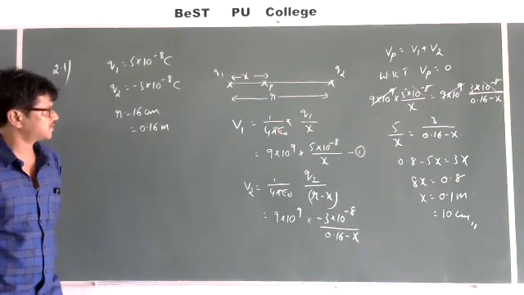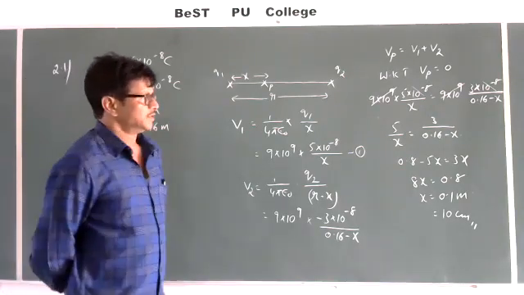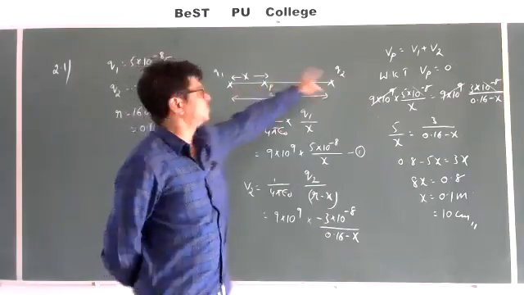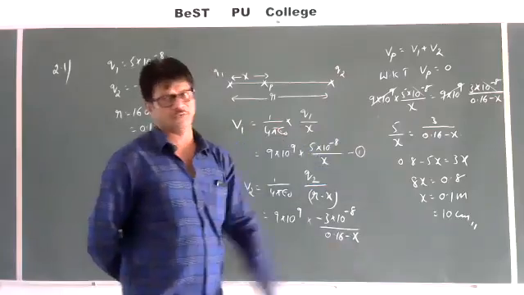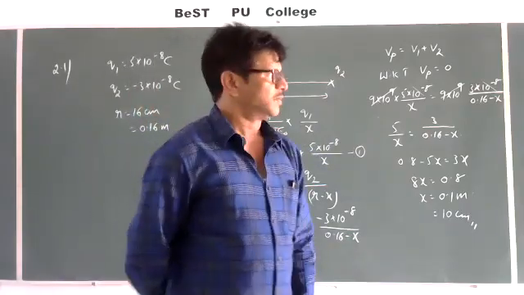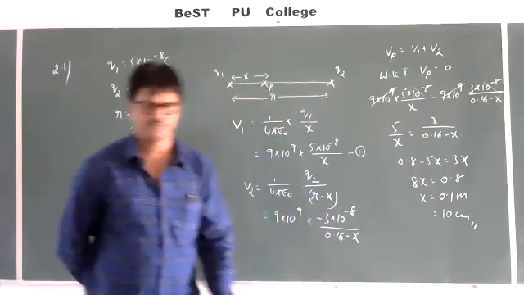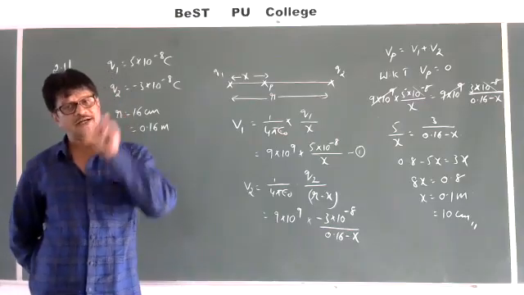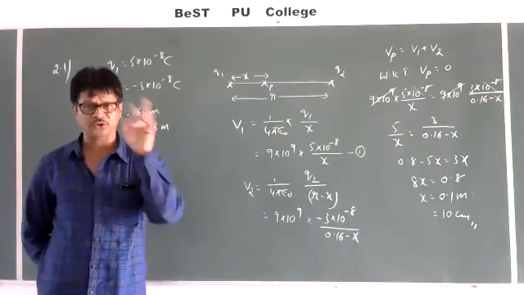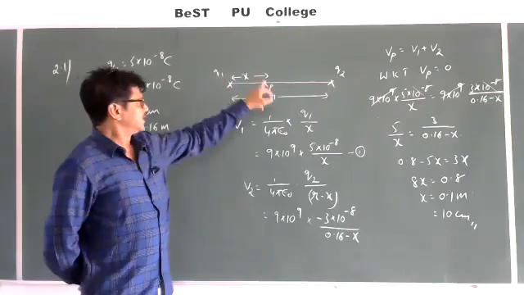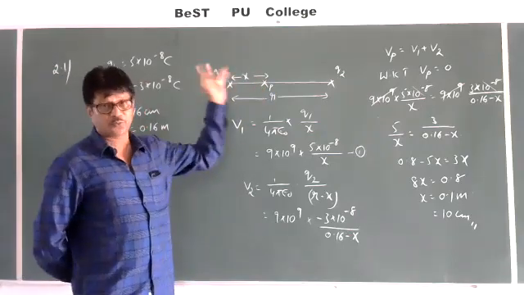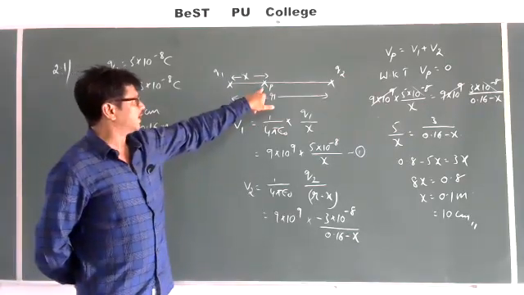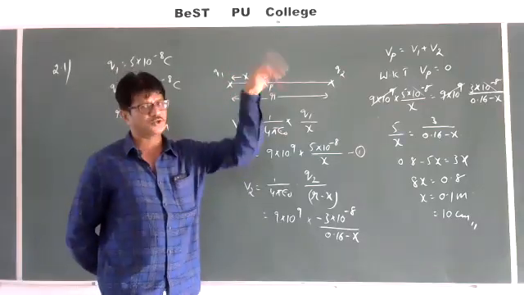The first case is the point which is at a distance of 10 centimeter from Q1 towards Q2, the electric potential will be 0. But as we discussed in previous classes, both the cases we have to find, because there is a possibility to get the potential as 0 in two situations. One is inside and one is outside. So both the positions you have to find. So this is the point where I am considering inside or between Q1 and Q2.